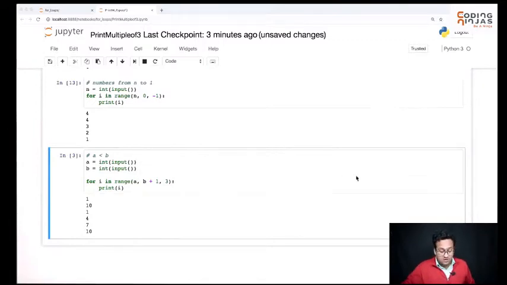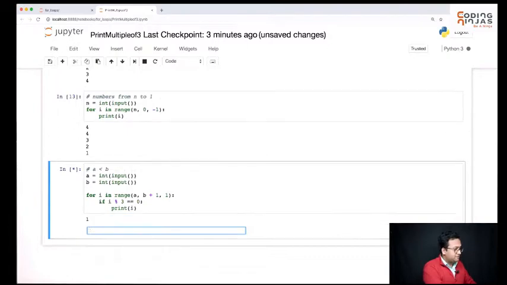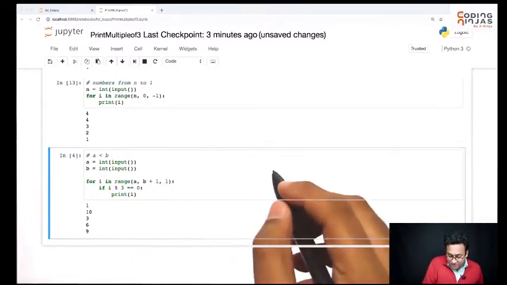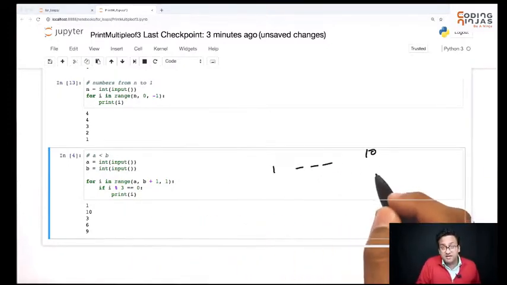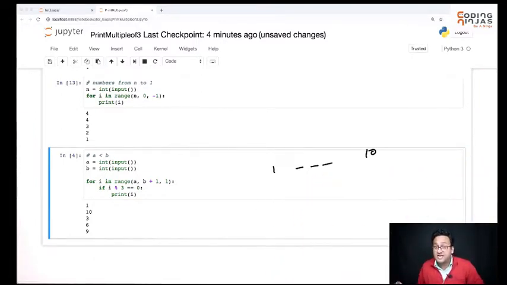How do we fix this? One easy solution is, I'll increment by 1, but I'll print only if the number I that I'm getting is divisible by 3. So print only if I is multiple of 3. I percentage 3 equal 0. So what's happening now? We are running a loop starting from 1, going till 10, incrementing by 1. So we're first going to 1, then 2, then 3, then 4, 5, 6, 7, 8, 9, 10. And we are only printing it if it is actually a multiple of 3. This is a fine way of doing it.